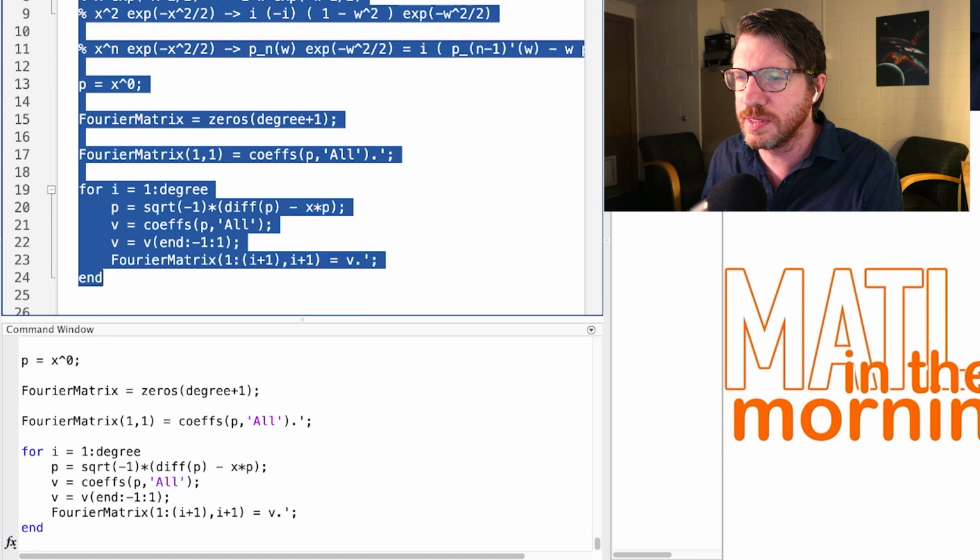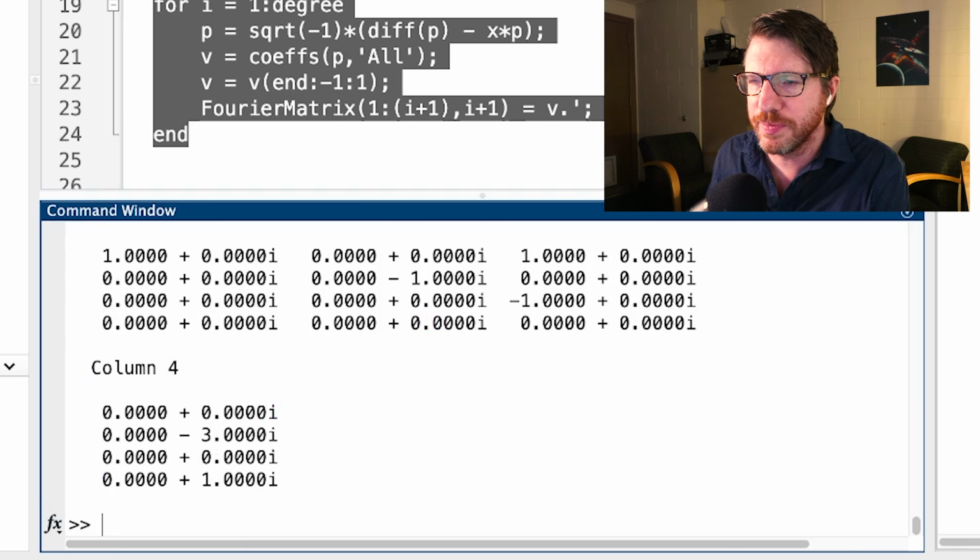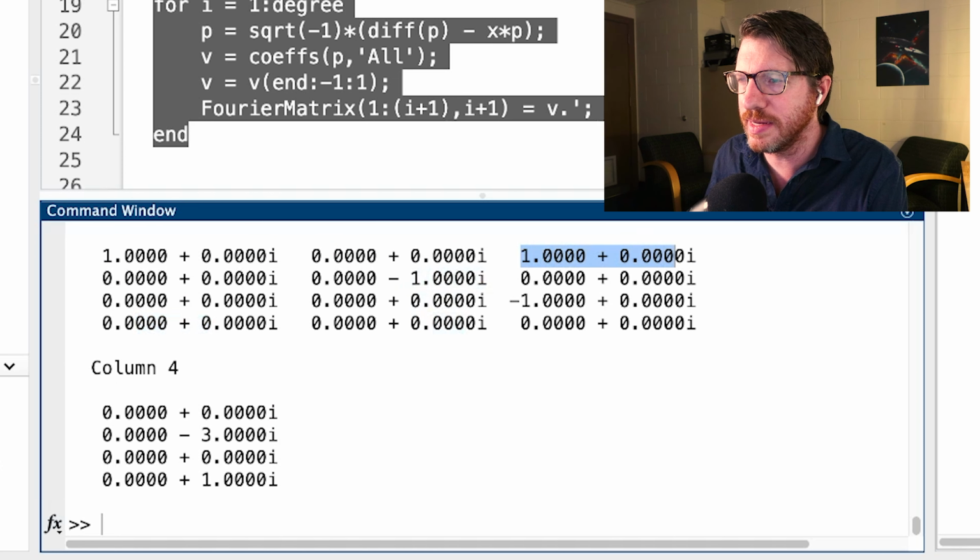And so let's evaluate this Fourier matrix. There we go. So we have 1 and then 0, 0, 0. Then here we have -I and 0, 0. And here we have 1 and -I for these coefficients. And then finally, -3I and I here. So this is a diagonal matrix, and this first diagonal is going to just be a